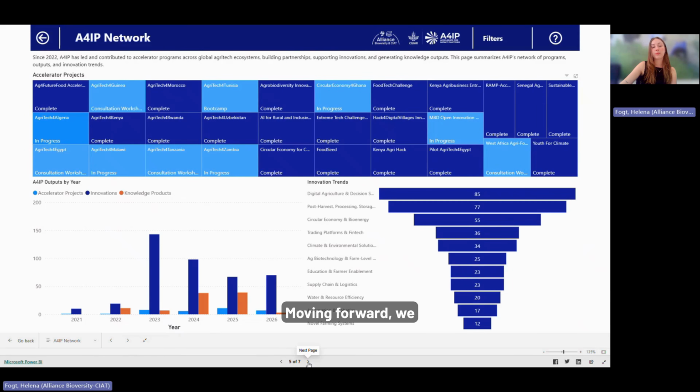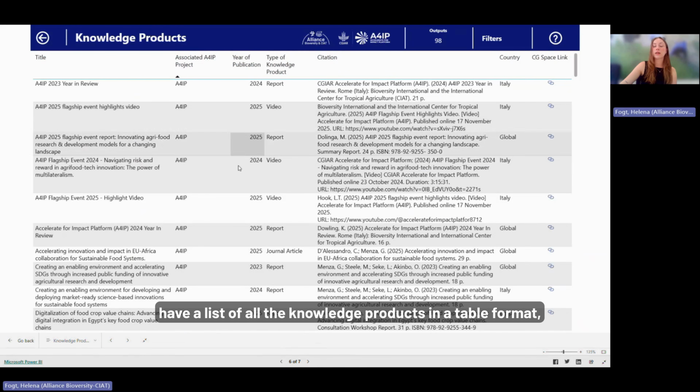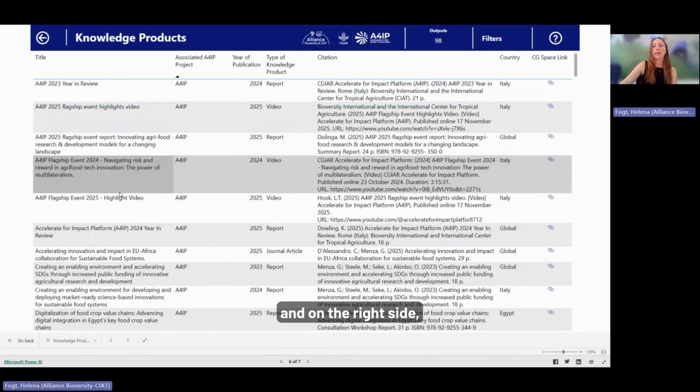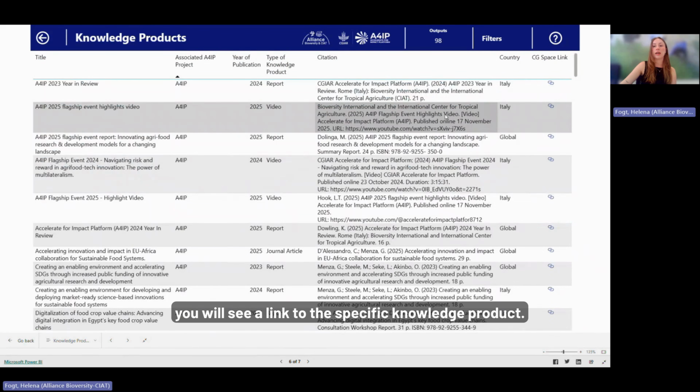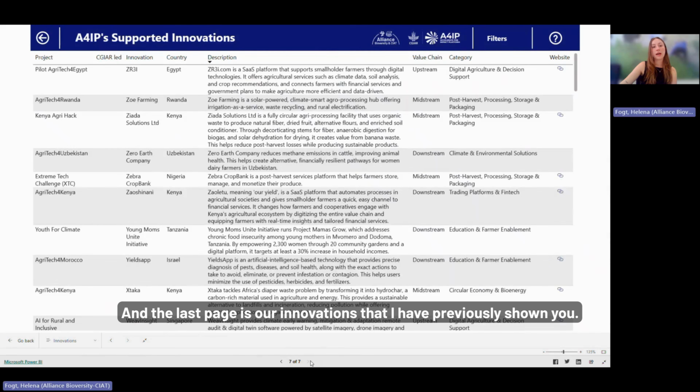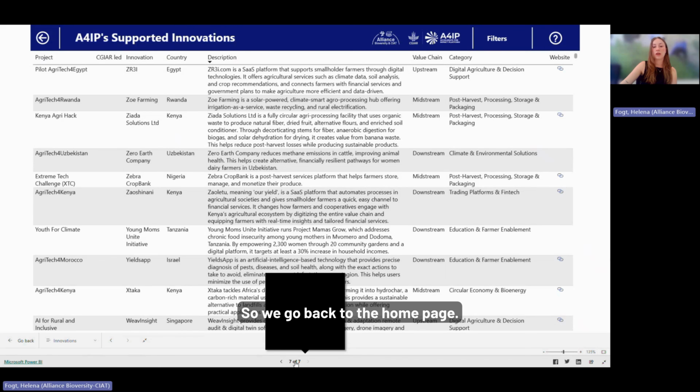Moving forward, we have a list of all the knowledge products in a table format as well. And on the right side, you will see a link to the specific knowledge product. And the last page is our innovations that I have previously shown you. So if we go back to the home page,